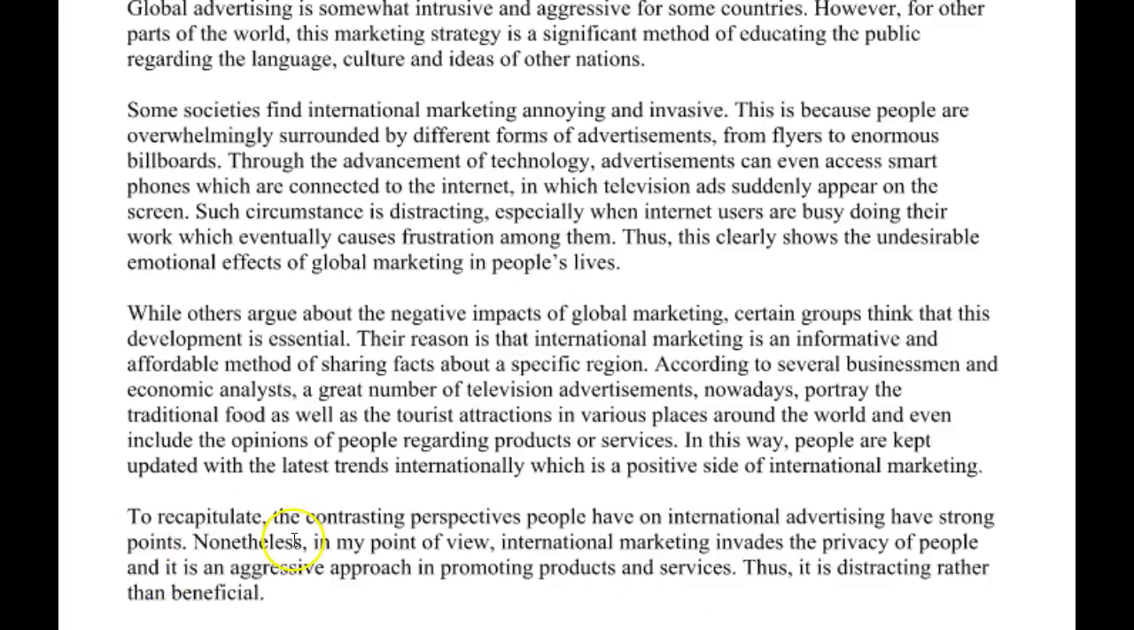So, to recapitulate, the contrasting perspectives people have on international advertising both have, we can say, strong points, actually. Both have strong points. The contrasting perspectives people have on international marketing both have strong points. Nonetheless, from my point of view, international marketing invades the privacy of people